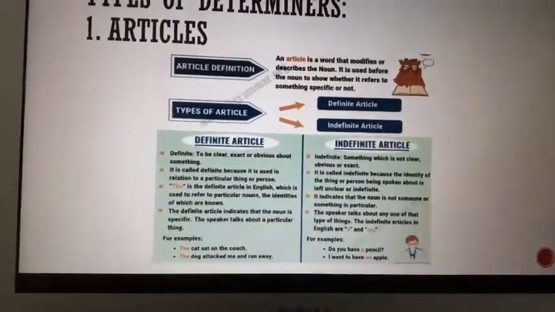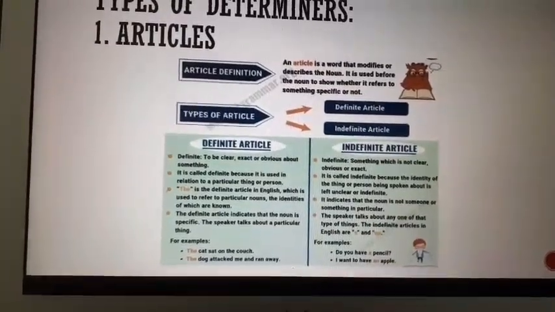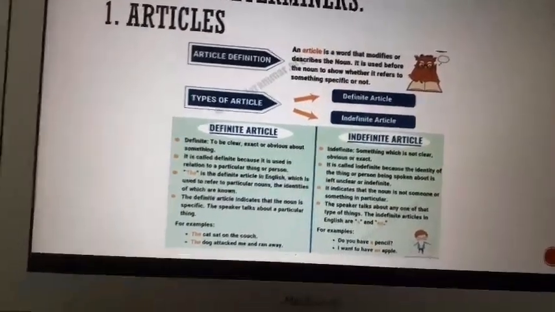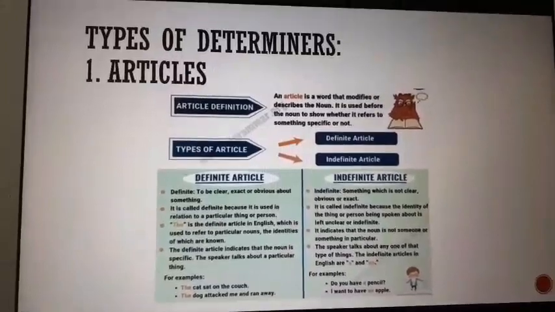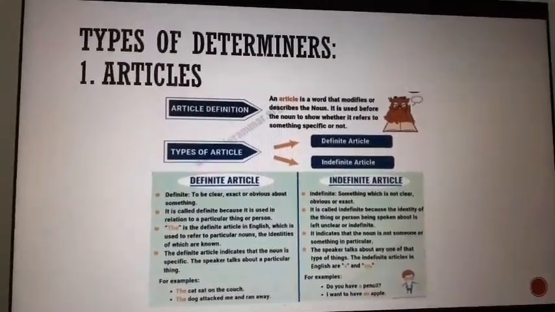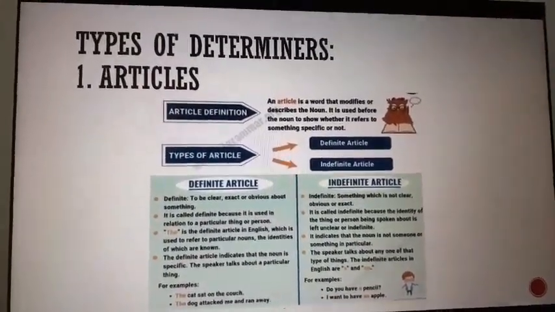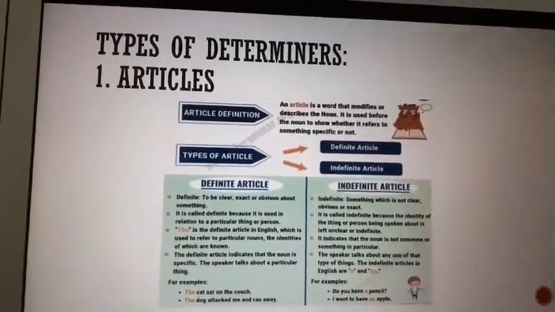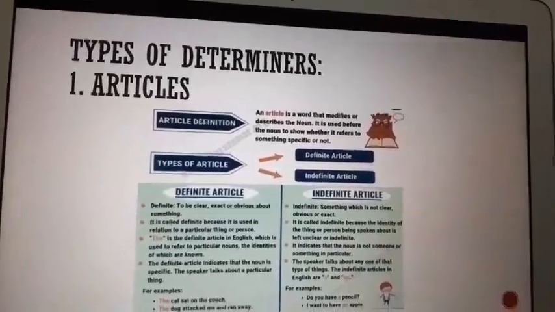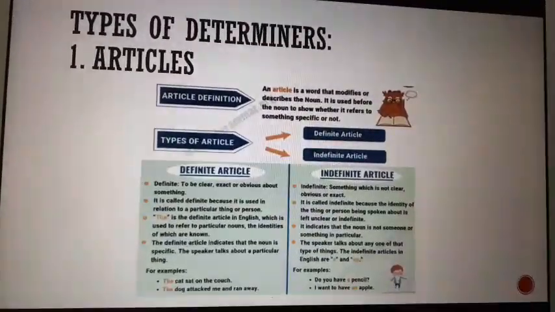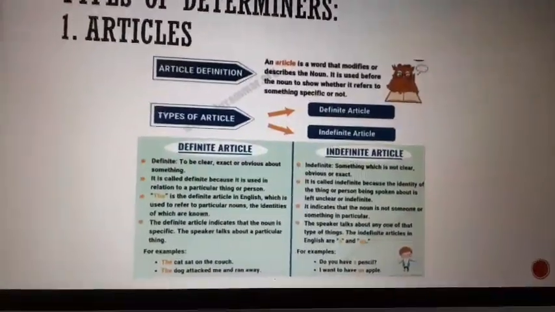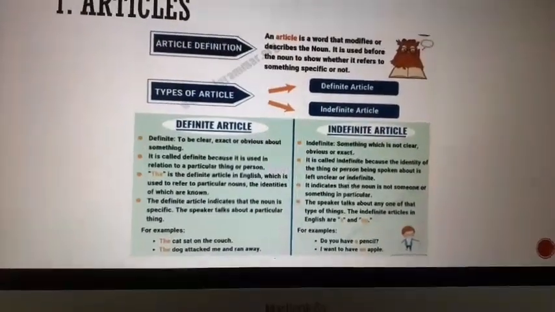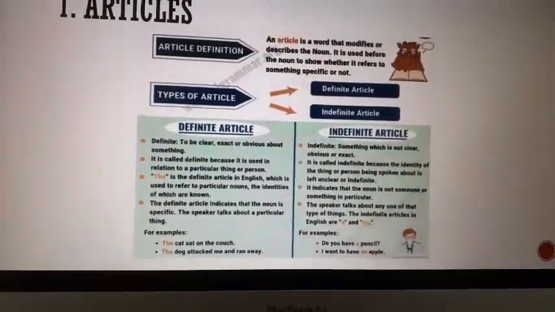So here, let's look at these examples. Do you have a pencil? I'm asking for a pencil, which can be any pencil, not a specific pencil. But when I say, do you have the pencil that I gave you yesterday? That would mean I'm talking about a particular pencil that I had given you yesterday, right? So it would become definite. But here it is an indefinite article which is used to describe the pencil.